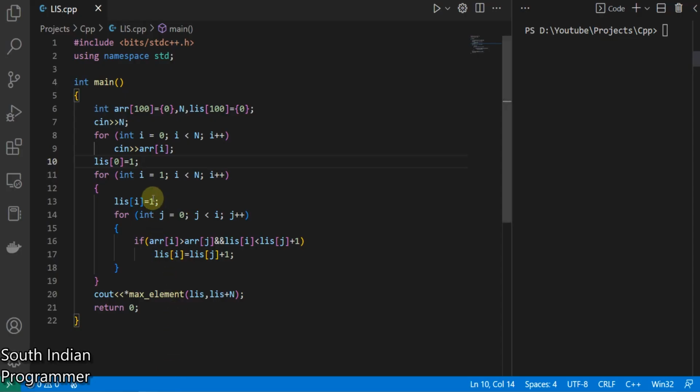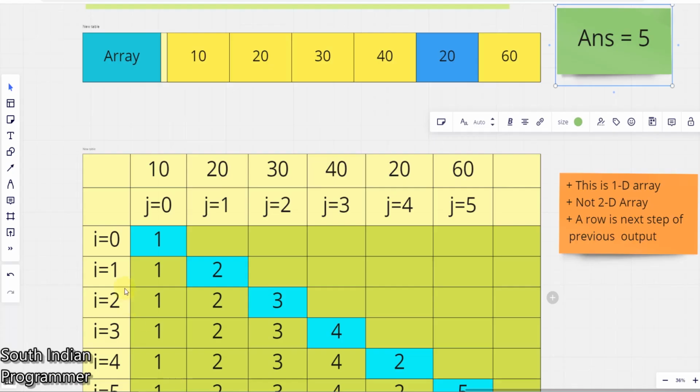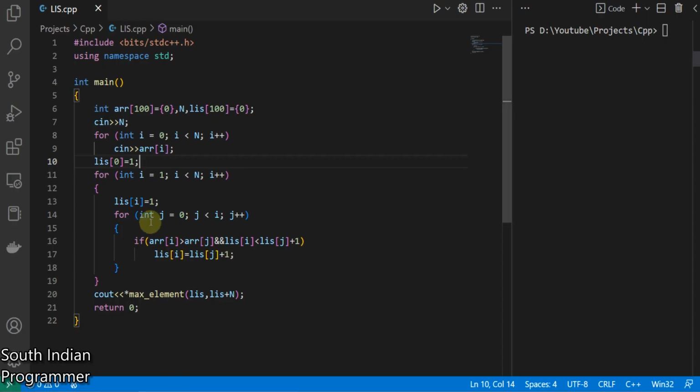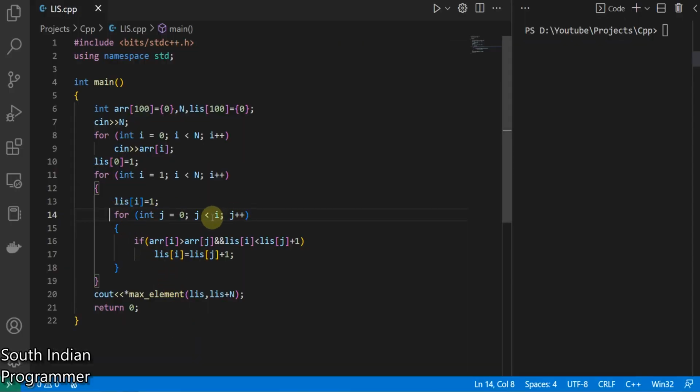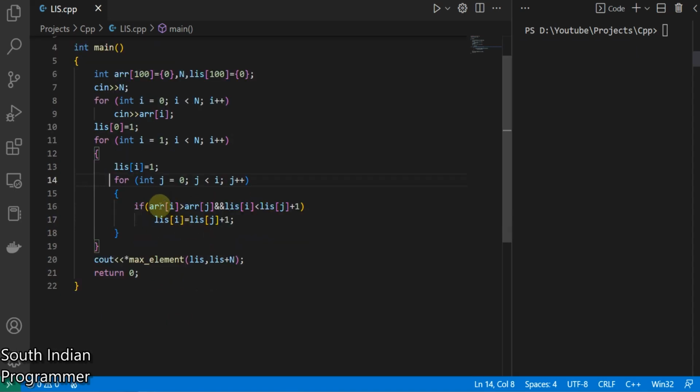So that's done in this one. And from this to here, we first initialize it as 1, and then only we update it. So here this line is for that, and we are iterating to each previous elements. So this for loop is for this, that's the reason,